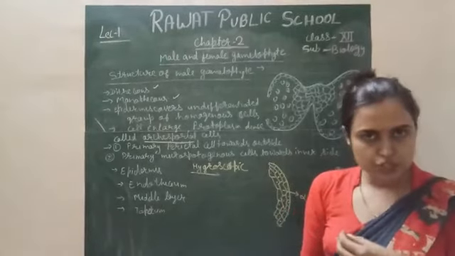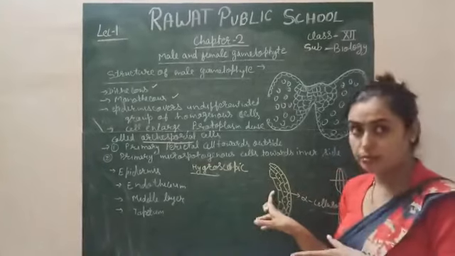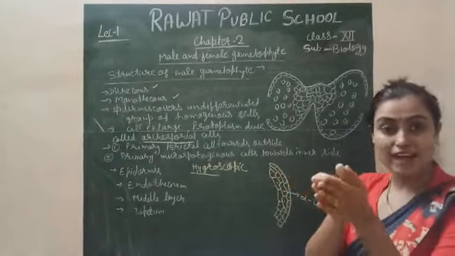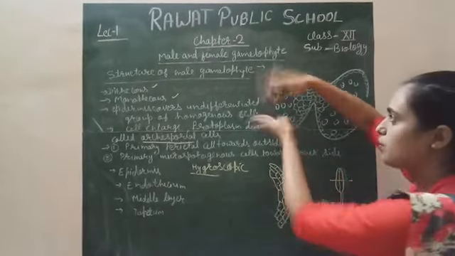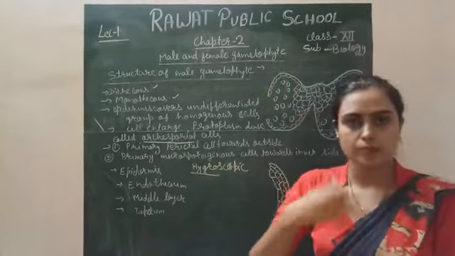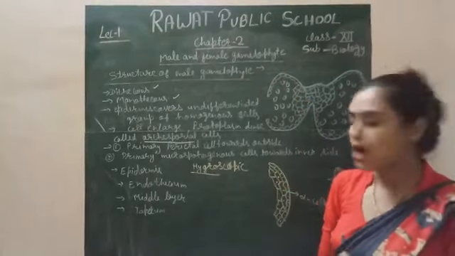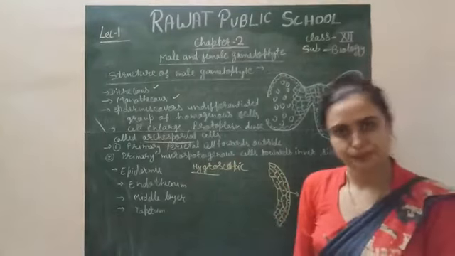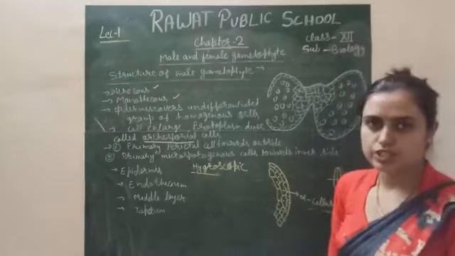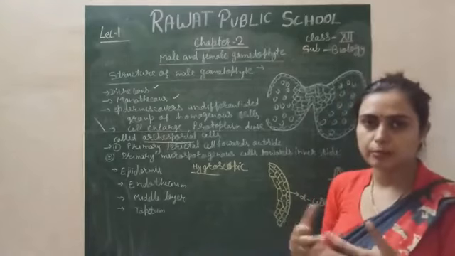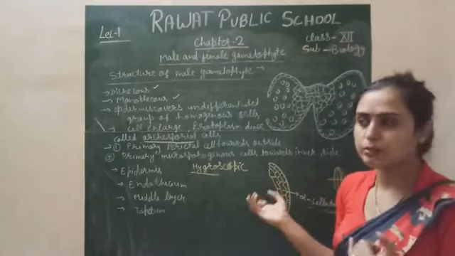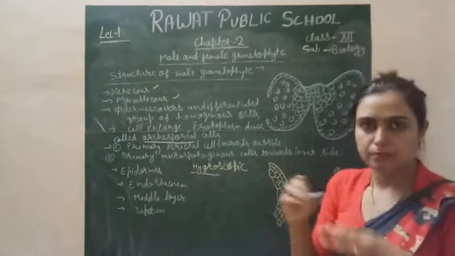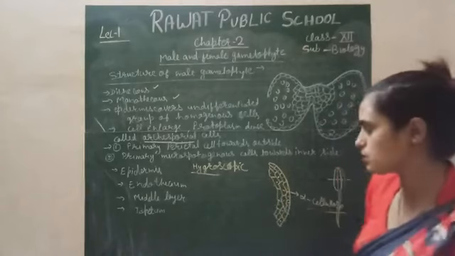After the maturation of the pollen grain, this layer dries up, and due to the drying up, the endothecium bursts and dehiscence occurs. Dehiscence means that the wall bursts and the pollen grains come out from the microsporangia. So dehiscence of pollen grain is also performed by the endothecium layer, because it has the capability to burst, through a special opening called the stomium, through which the pollen grains come out.